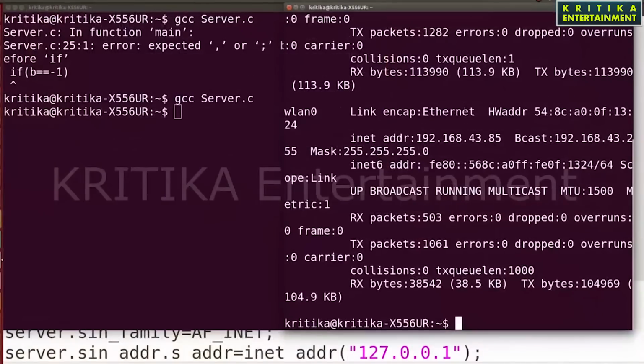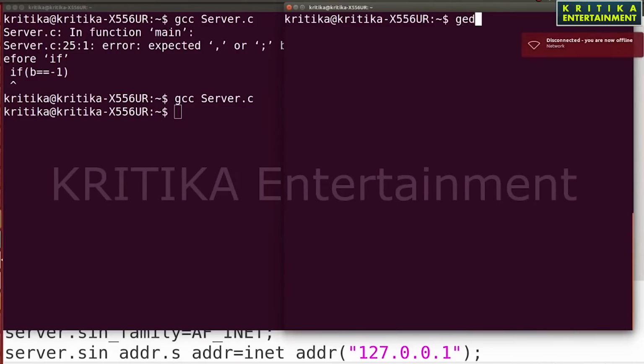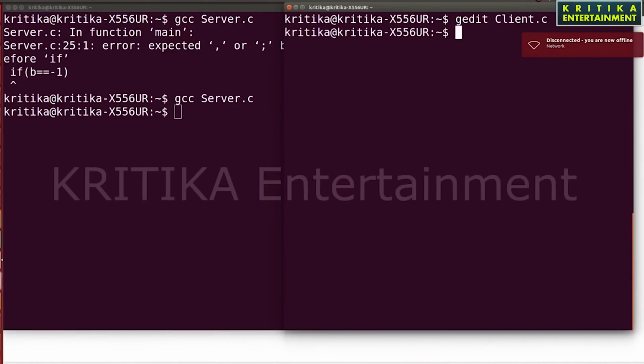Then I will go here and clear. gedit client.c. Okay, then you can see the client program open. Then I save this.